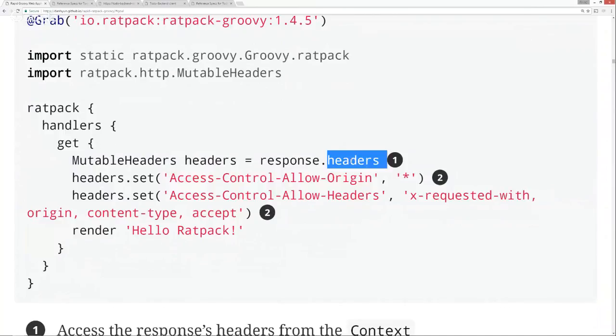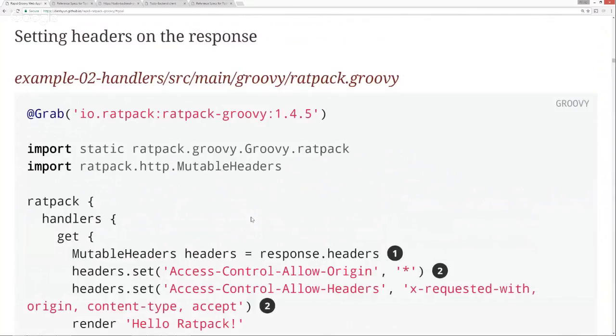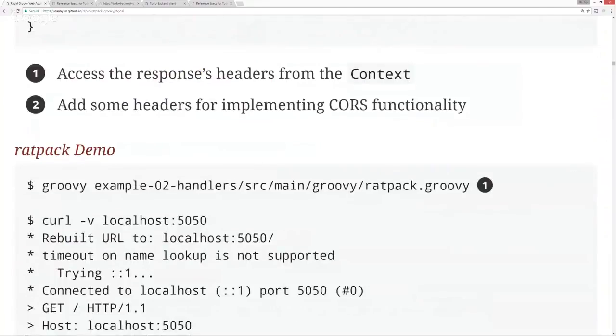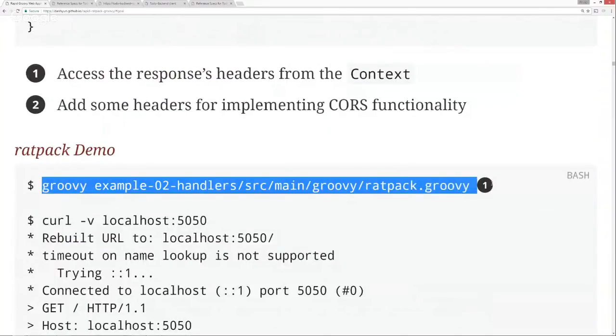We can ask for headers here, which returns us mutable headers. And then we just go ahead and set the headers that we need. In this situation, we would be able to not only set the headers, but then just render a message back to the user. Just to demonstrate that this is working, here on this application,